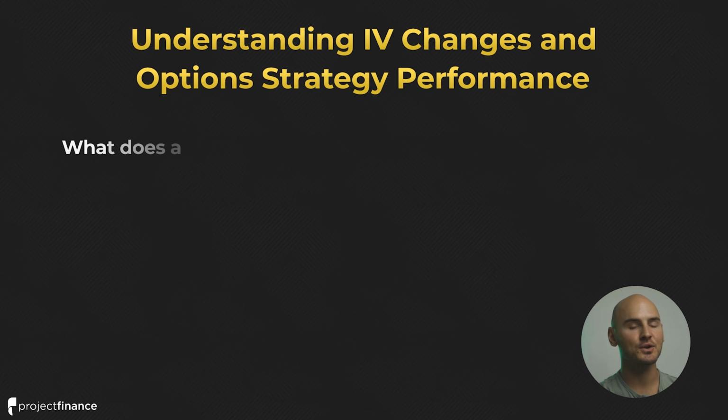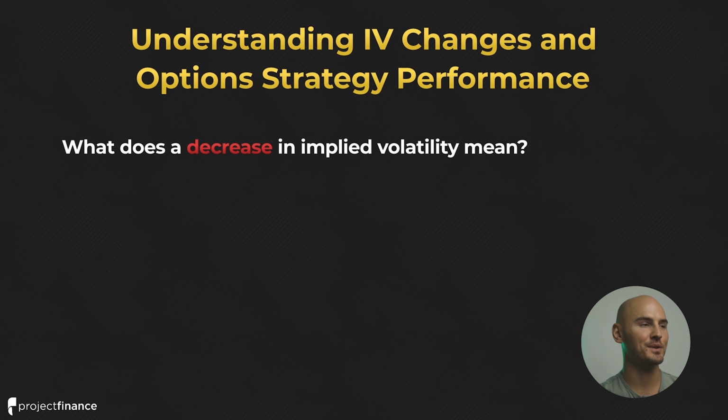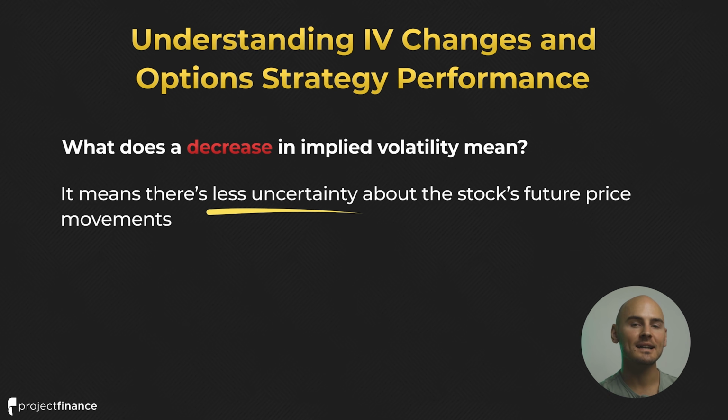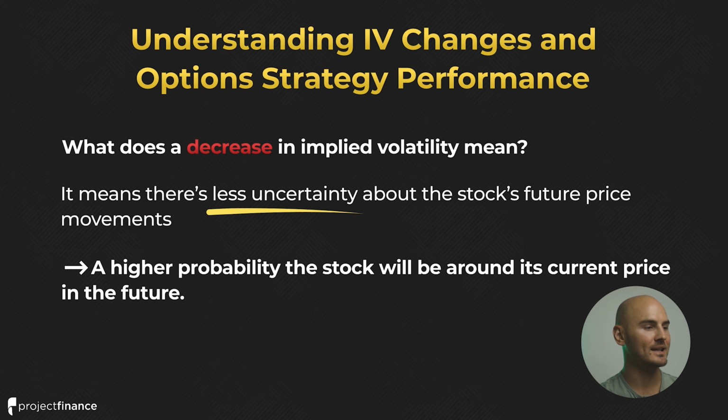So what does a decrease in implied volatility actually mean? Well, it means there's less uncertainty about the stock's future price movements, and this means that there's a higher probability that the stock will be around its current price in the future. So if implied volatility collapses, that means the option prices have collapsed, and since the option prices are suggesting to us what the stock's future volatility could be, if the option prices collapse, that means the market is suggesting to us